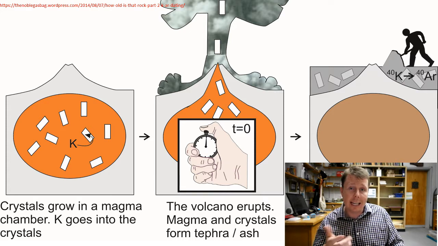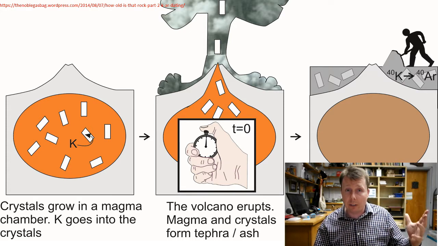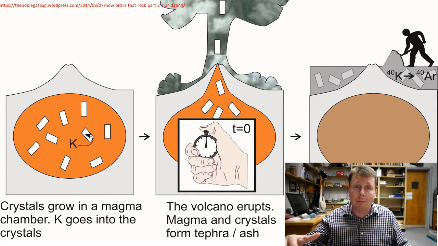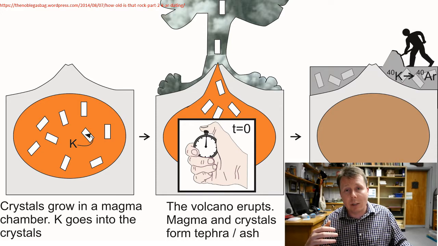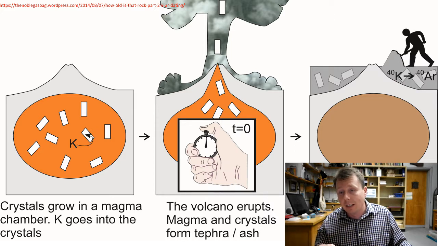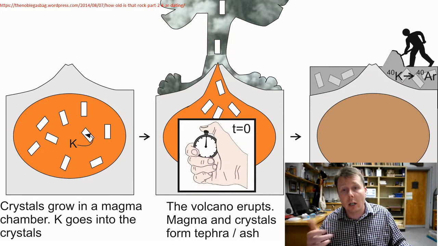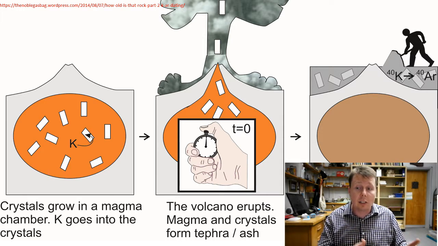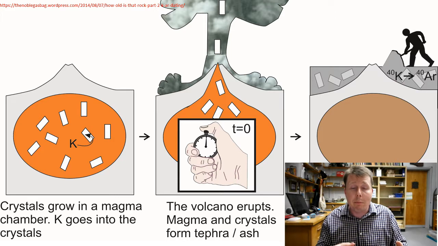Or in the case of what you're seeing here, the magma is exploded out of the surface of the volcano, converting to lava, liquid surface molten material, and then it solidifies into a rock at the surface, making it easier for geologists to try and find it years later. So you can see in the very last picture, all of that potassium-40 has been preserved in these crystals, but has started to convert itself into argon-40. This geologist digging can then find that, undergo radiometric dating techniques for it, and figure out how much potassium-40 exists compared to how much argon-40 exists, and based on the age of the half-life, determine how old this rock is.